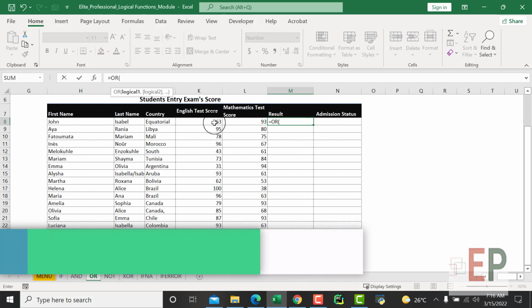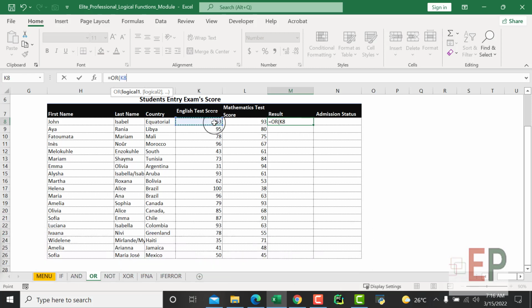So what I'm going to do is check if this student has a score greater than or equal to 70, this time around. And then let's check again. That's the first logical test, right? So what I try to do in my head is to say, so if the student has this, okay, then OR. I won't write the OR yet, I will start with another logical statement to say that, okay, so if this student again